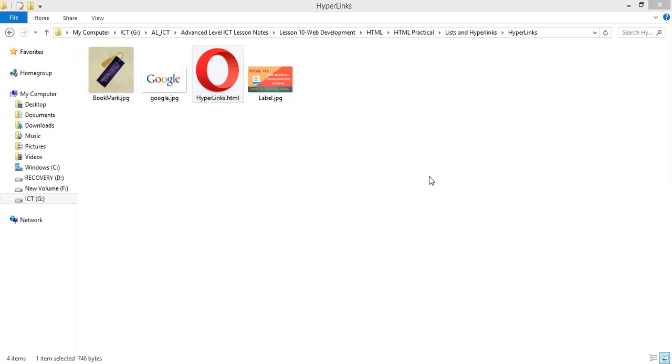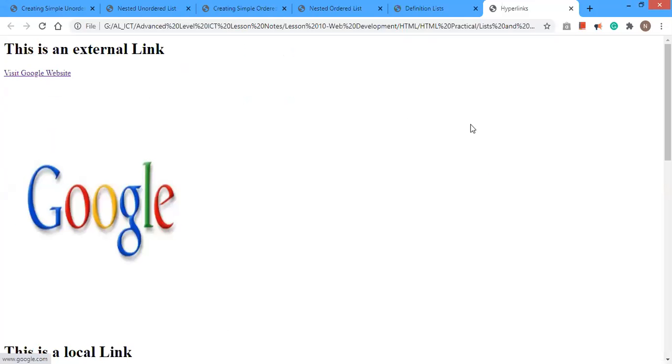A hyperlink is something where a set of text or an image links to another location or resource of the same website, the same web page, or some other website outside the current website.